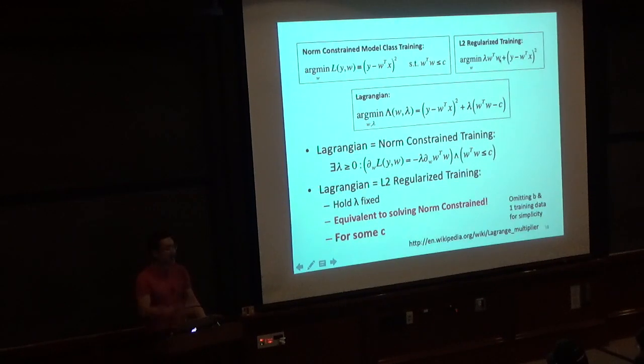So when you try different values of lambda, when you're doing model selection via cross-validation, let's say, you're implicitly trying different values of C. And that's the mathematical connection. Even though this objective on the top right is what we do in practice, because from an optimization standpoint, it's much more convenient.